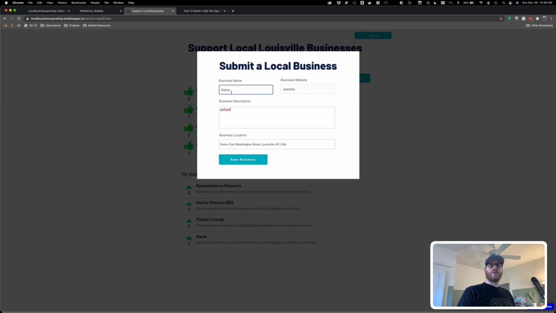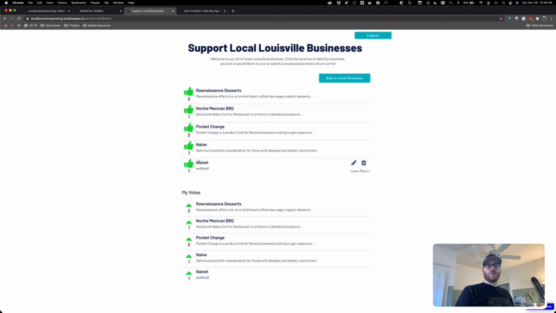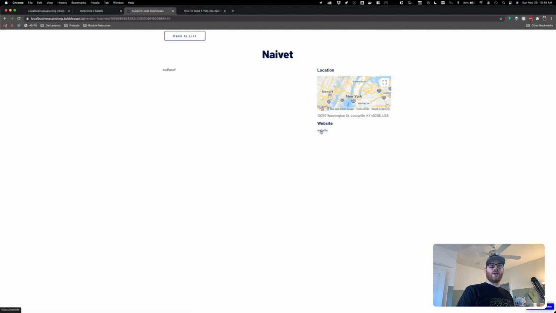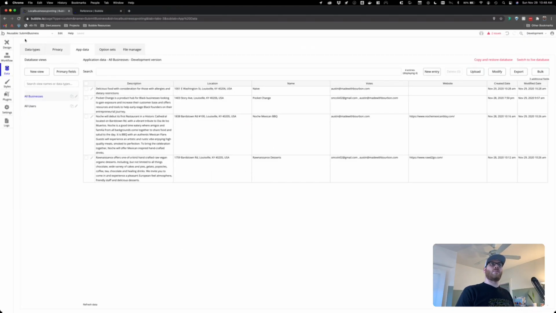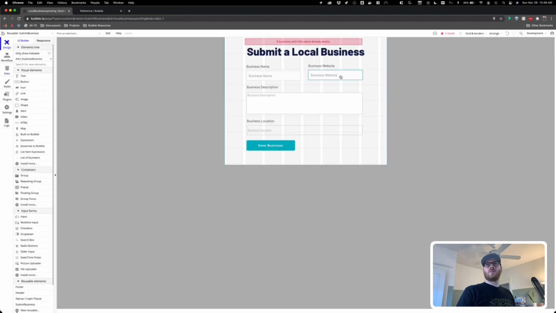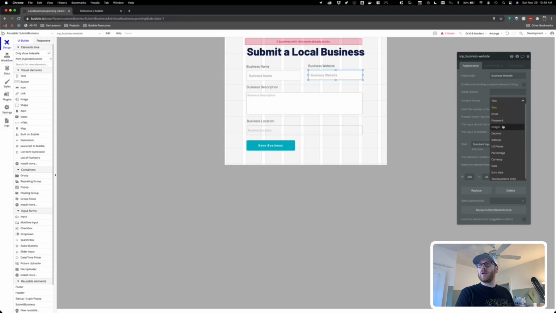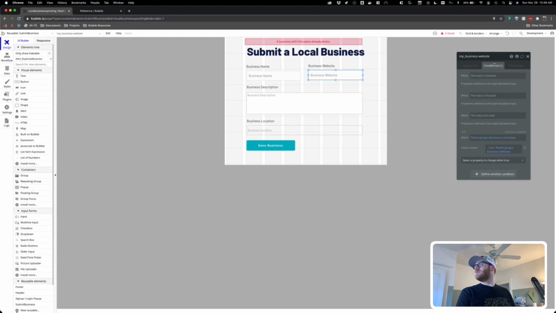All right. If we change this to naive it, we should save it. And there it is. So it's different. But one thing we'll notice is now we have just website, which is not a real website. So we want to come back and say website content format is, let's do a conditional to where when this input's value does not contain